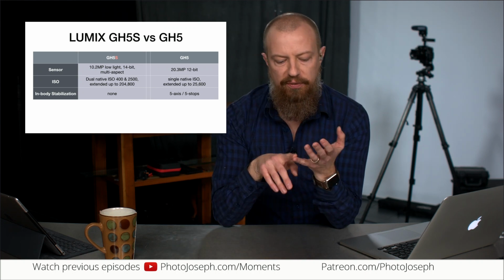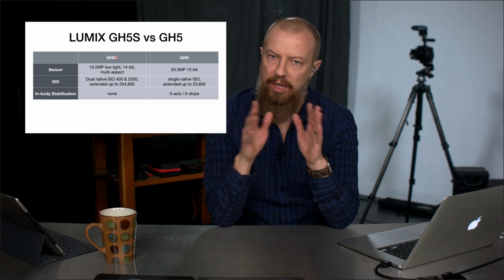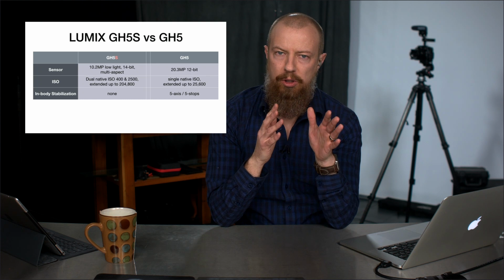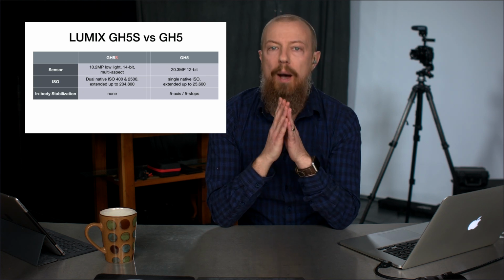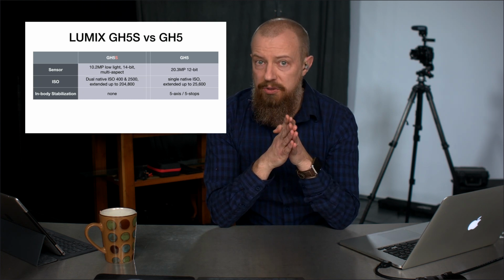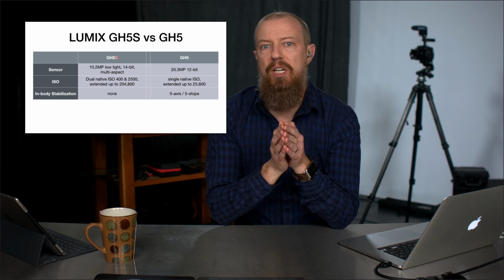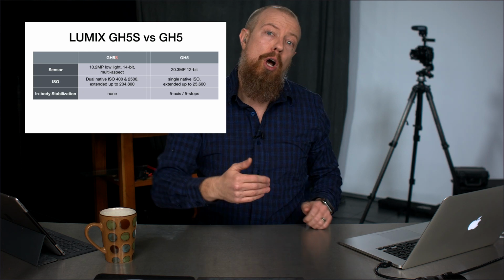So here's a few things that happen with this. I was talking about the sensor potentially being bigger, not confirmed. That's kind of my understanding or belief, that the sensor might be a little bit bigger than what we're used to, which is only possible because we don't have stabilization. But the main reason that we don't have stabilization is because in-body stabilization has been a problem for a